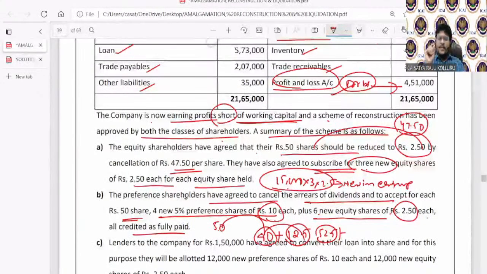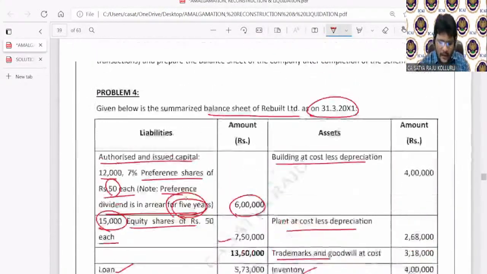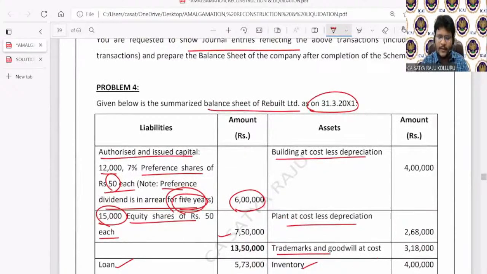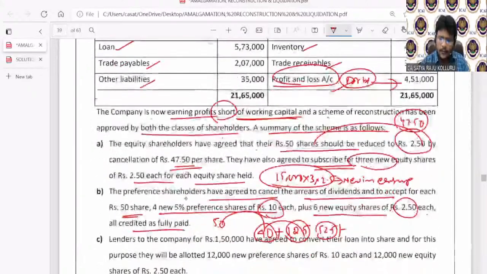Existing preference share capital account debtor. Number of equity shares into 50. Number of preference shares into 50. That is face value and paid up value is 50. You should need to cancel. Here the amount given is 7% preference share capital account debtor, which is 6 lakhs, to